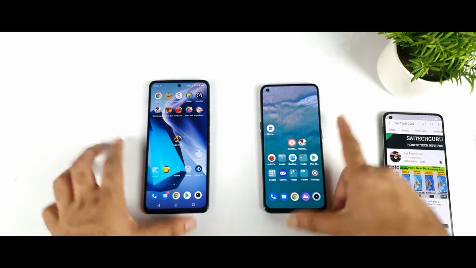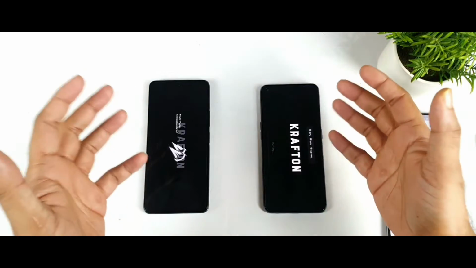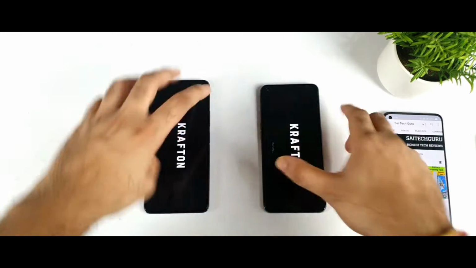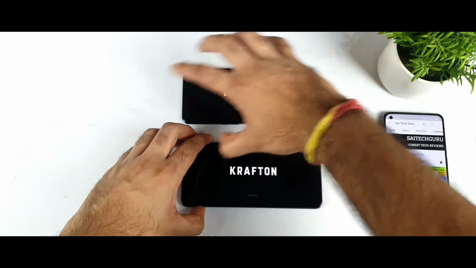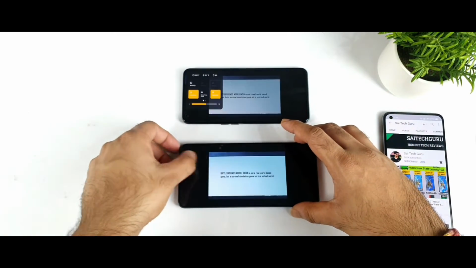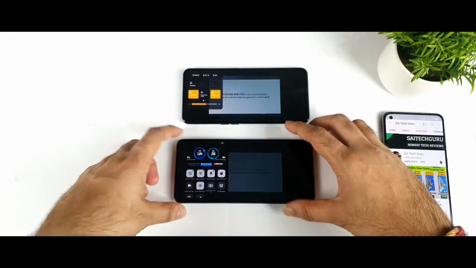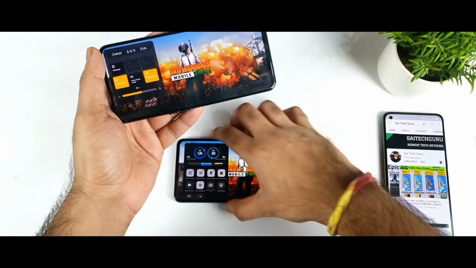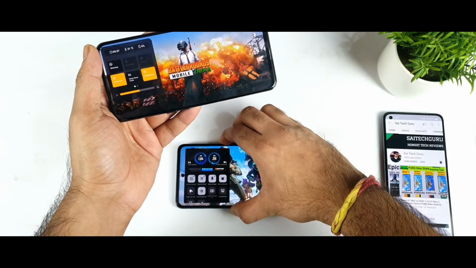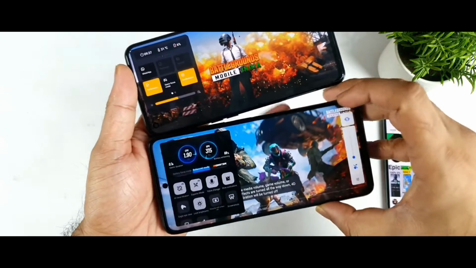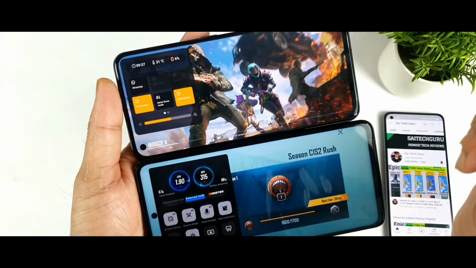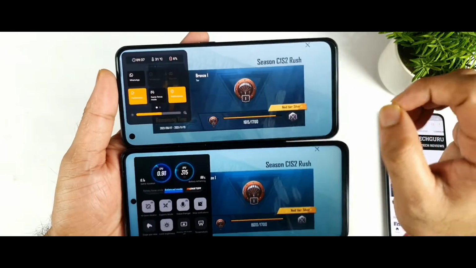Now let me open one of the games. By using this game we'll be able to access both features, the game enhancement boosters. You can see clearly what is happening with the options and all the features. This is the interface, this is how it looks in design and everything between these two phones. In terms of design and animation, you'll be able to observe each and every small detail. There are a few things which I did like in the Realme UI particularly.